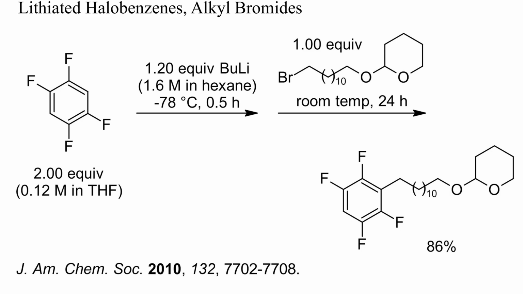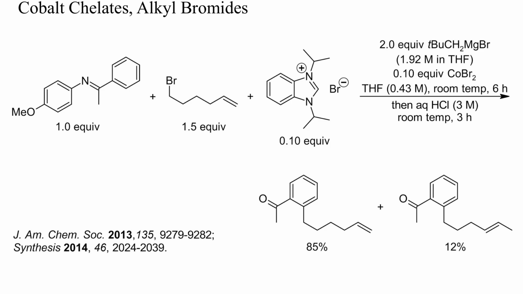In addition to the examples in this video, there are some more in Part 5 of this playlist. Here, tetrafluorobenzene was metallated with butyl lithium at low temperature and then alkylated with a primary alkyl bromide. No arenes were formed, but a scale-up of this reaction is probably not possible due to the instability of the lithiated intermediate. Transition metal chelates are less reactive than polar organometallics, but can still be sufficiently nucleophilic to displace bromide